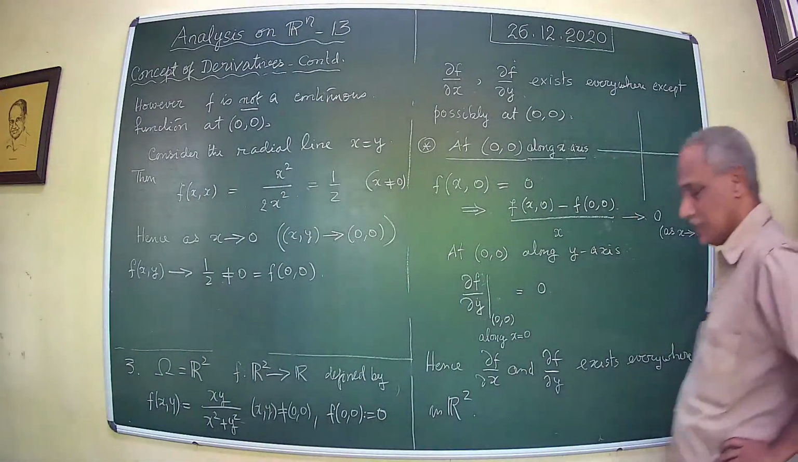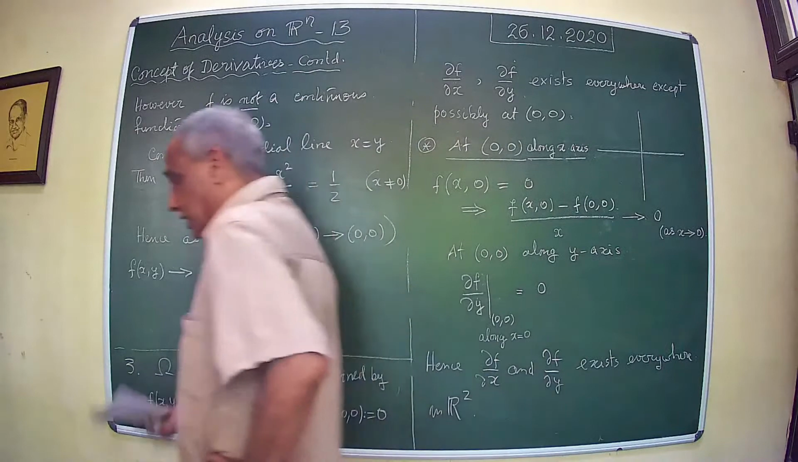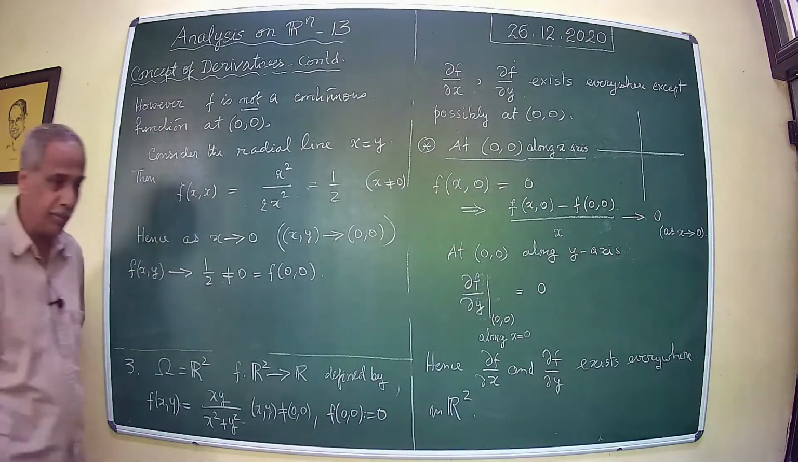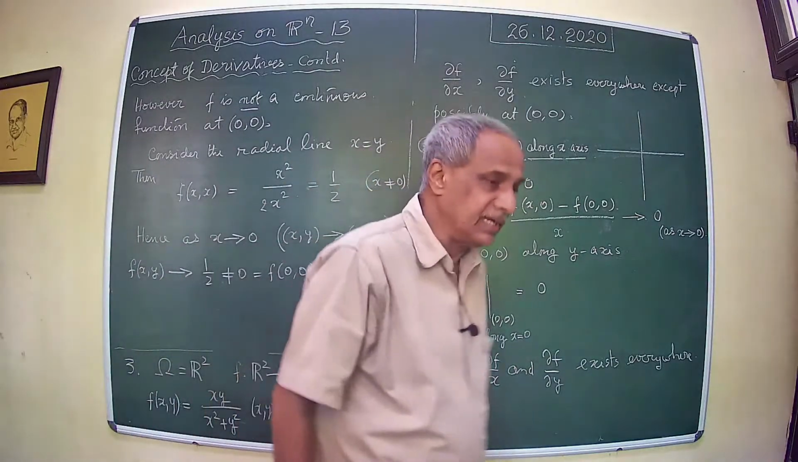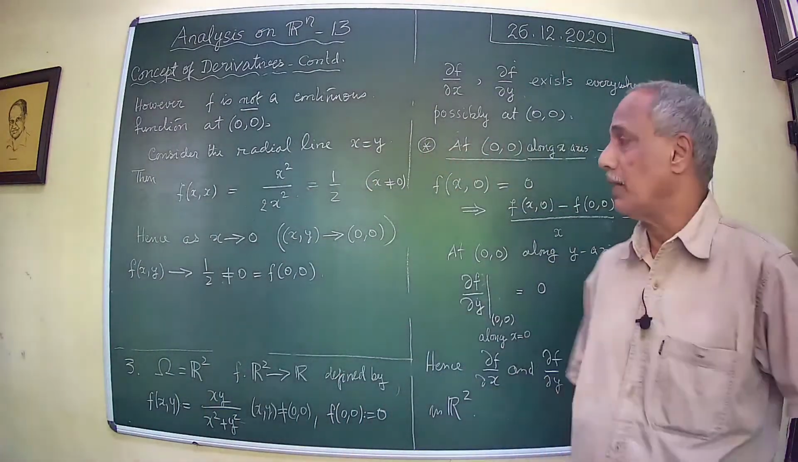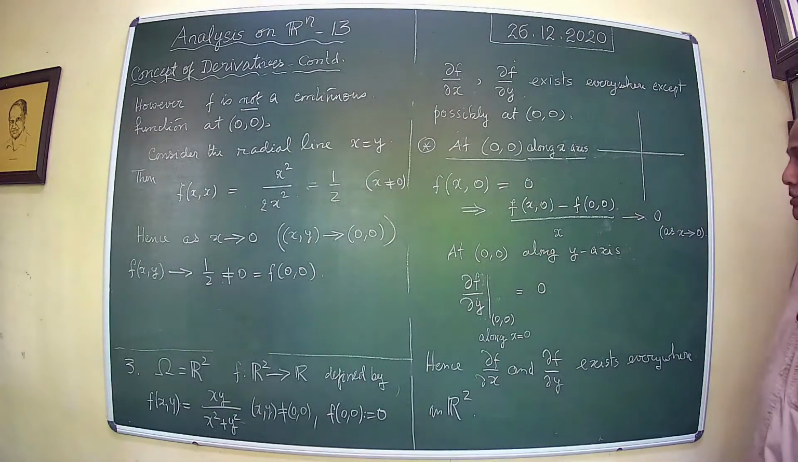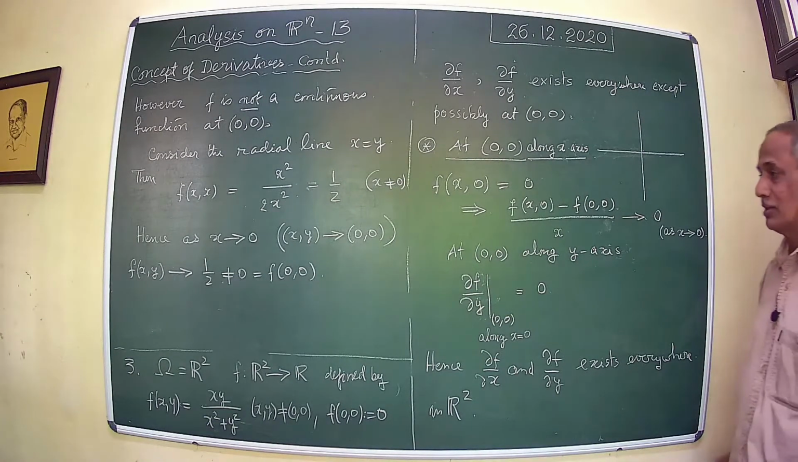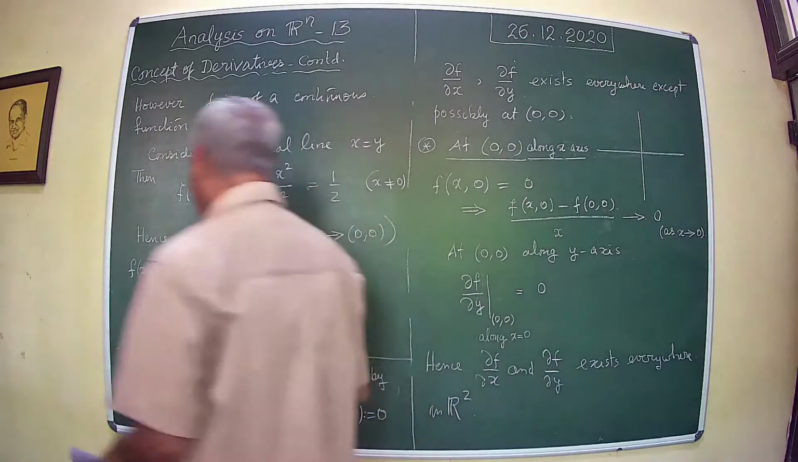Therefore, you see that it's even more surprising that the partial derivatives may exist everywhere, nevertheless, the function may not be continuous at some points. So, this is really startling. Okay? Therefore, we infer that